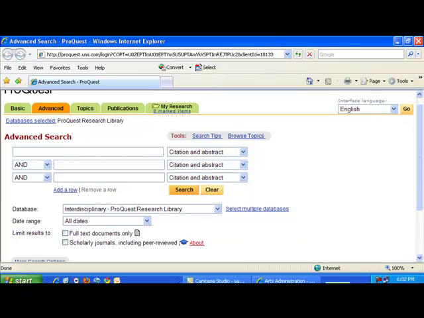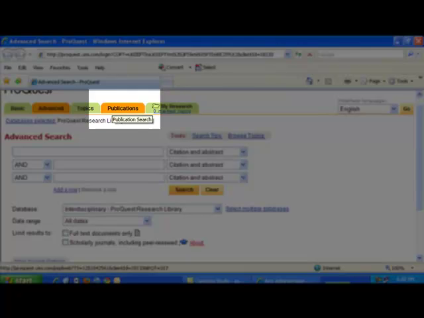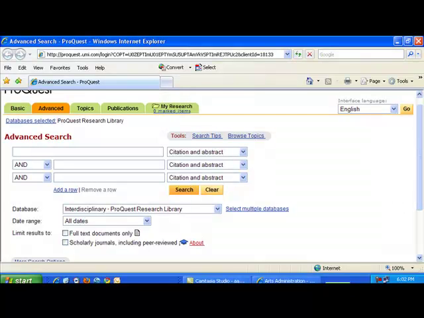Now that I'm in Proquest, I have several options. I can search for a particular journal or publication here, or I can do a simple search on my particular topic across multiple journals, newspapers, and magazines. I'm going to do a search here for arts and economic impact. Note that I'm only keying in a couple of keywords here.